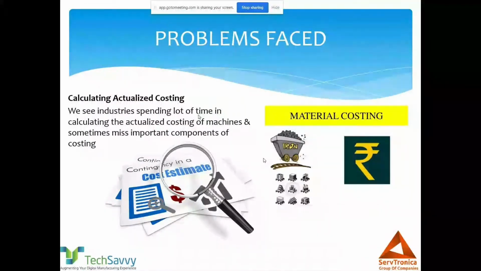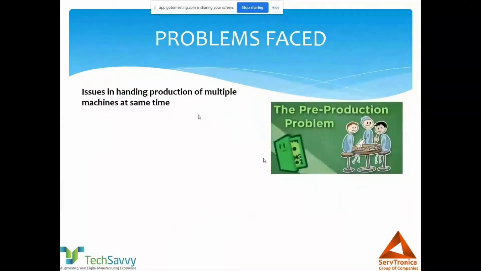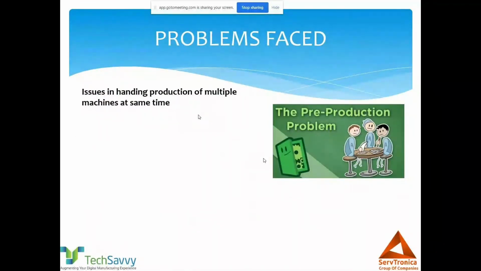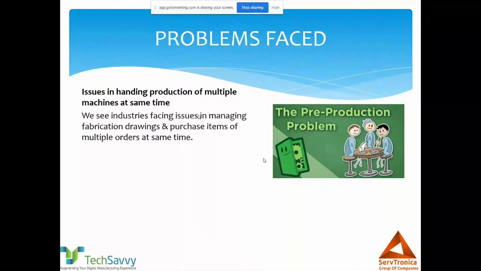Last, what we saw is the handling of production of multiple orders at the same time. We are an SPM manufacturer and we receive 5, 6, 7, 8 orders at a time. It becomes a very difficult task for the designer to manage the fabrication: which item has to be taken first, which later, what are the drawings in common, what are the unique items, what is to be purchased, all those things.